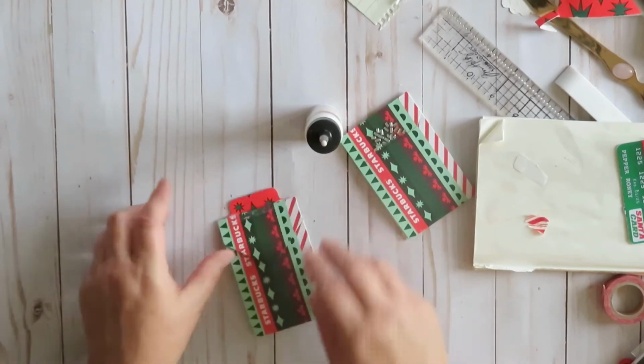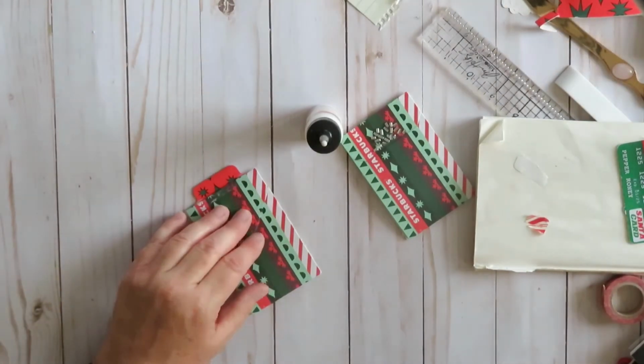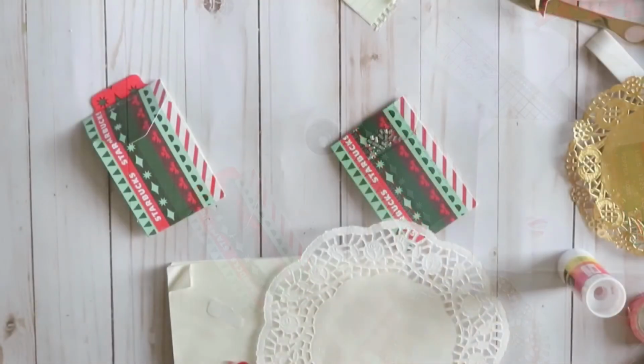Okay, I like that. That looks good. And then you can open it up to write. Okay. And then there's several different kinds. Okay, it looks like